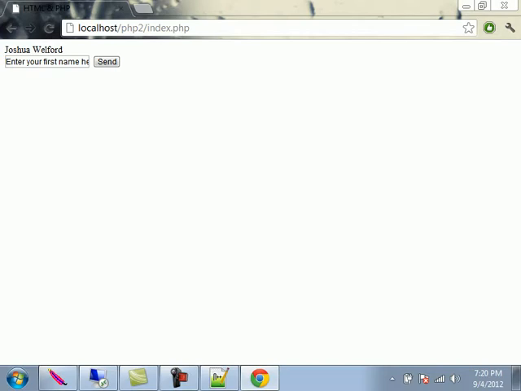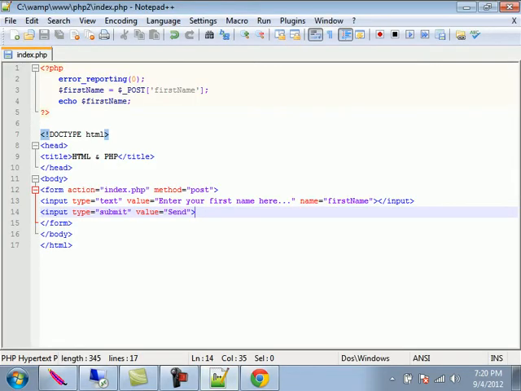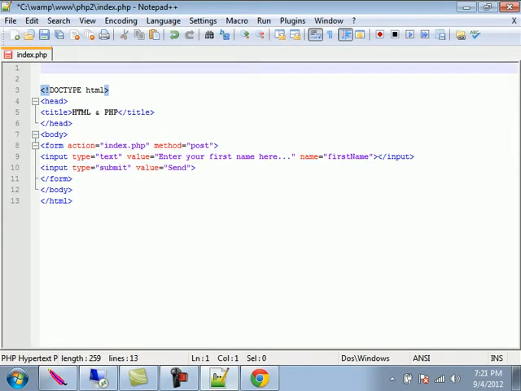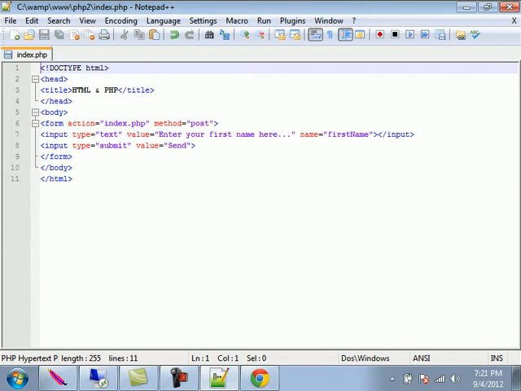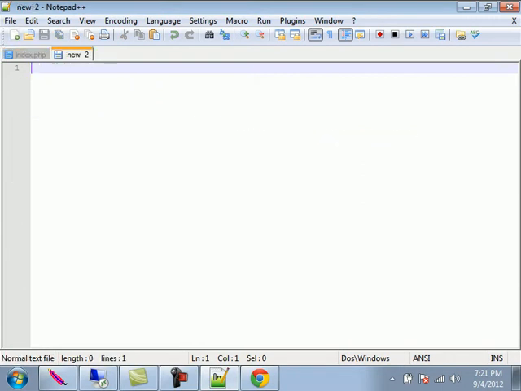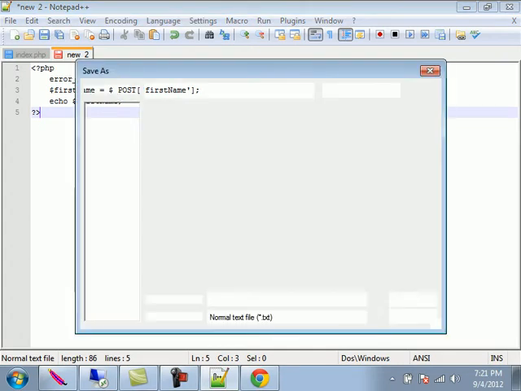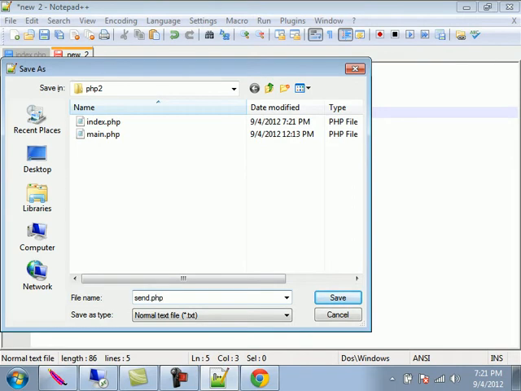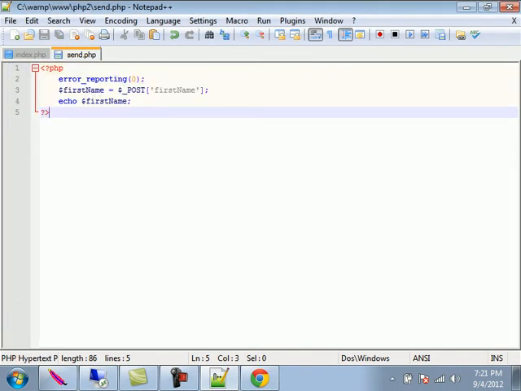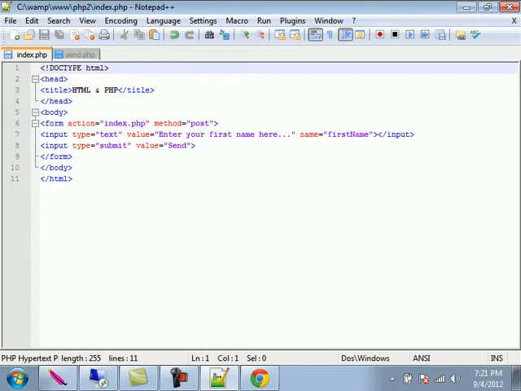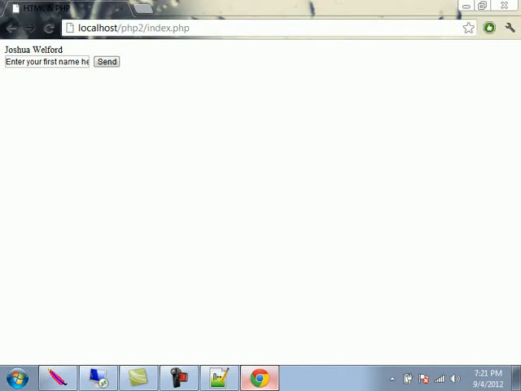An easier way to do this, so you didn't actually have this box here once you hit send, would be to put this into another file. For instance, if we just save this and create a new one, paste this in here and save it as send.php, and we'll go back to index and we'll change our action to send.php. Now once we refresh this,